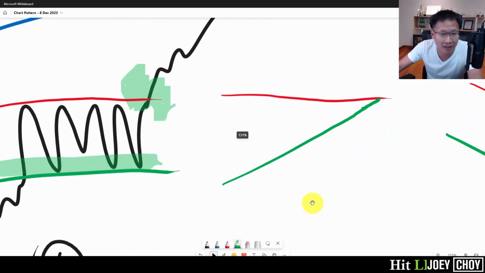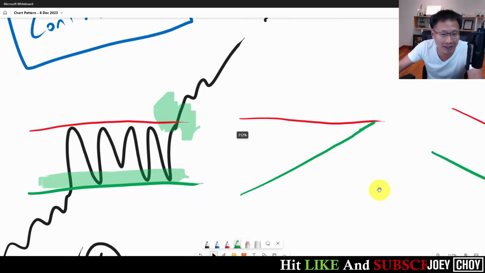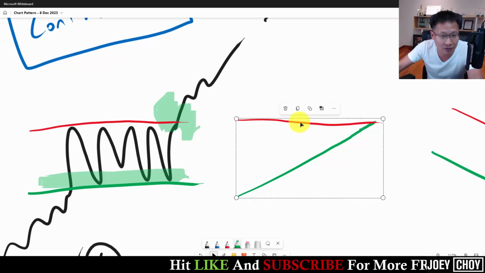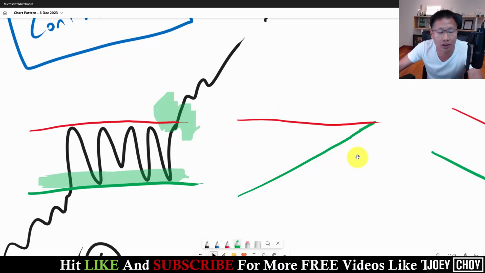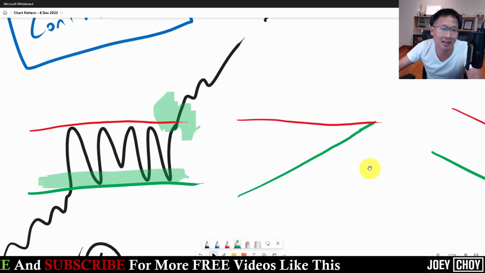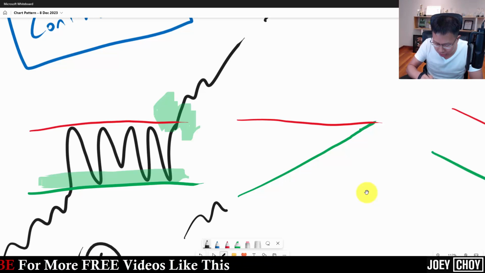The other one would be what we call an ascending triangle pattern. The ascending triangle pattern is made up of a horizontal red resistance line, that's a red line that's horizontal, and an upward sloping green channel support line. It's kind of like one horizontal and one that's upward sloping. So same thing, it could be a bit of an uptrend essentially, and then we might hit